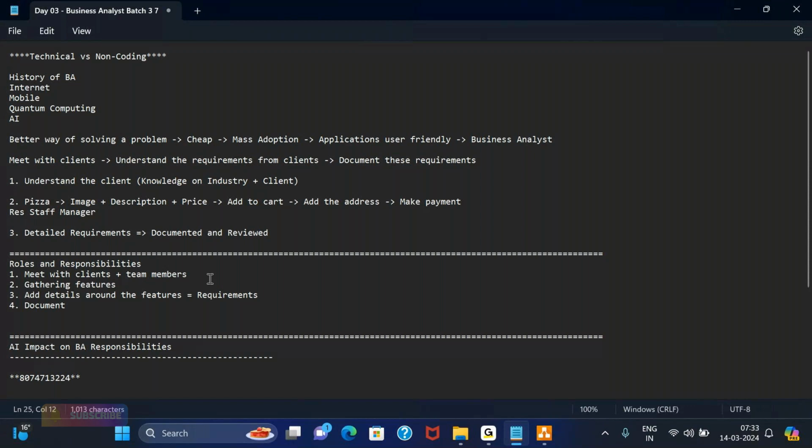Why are we doing this documentation? So that everyone is on the same page. Similarly, see why we are recording this session. This is a 1 hour session. You may understand a few things when you are in the session, but chances are after 1 or 2 hours, if I ask you something, you may forget things. That's how the human brain works.